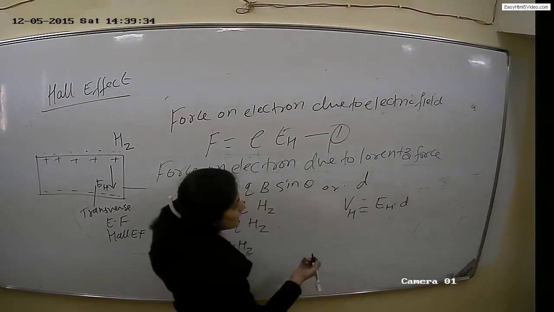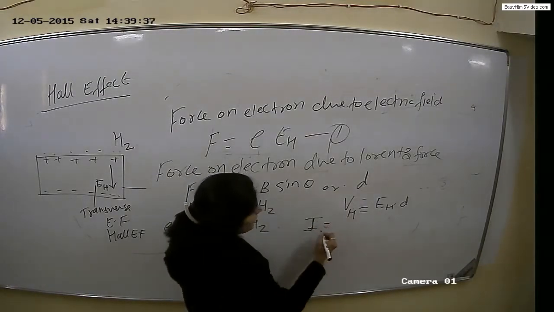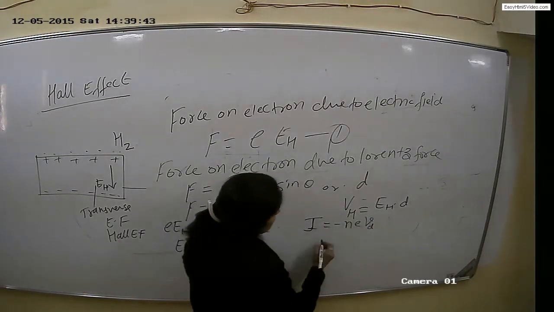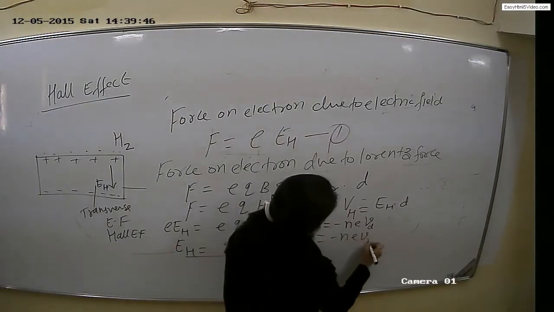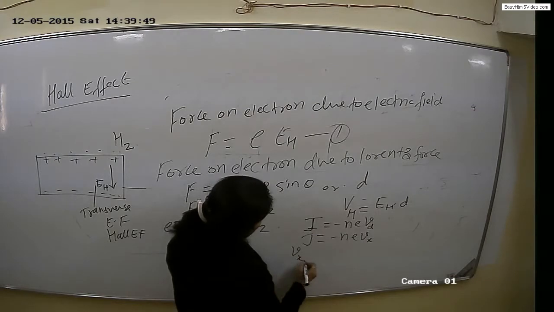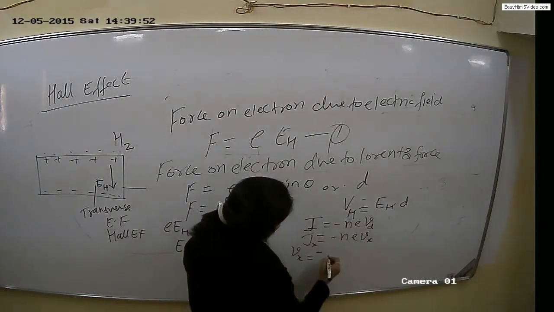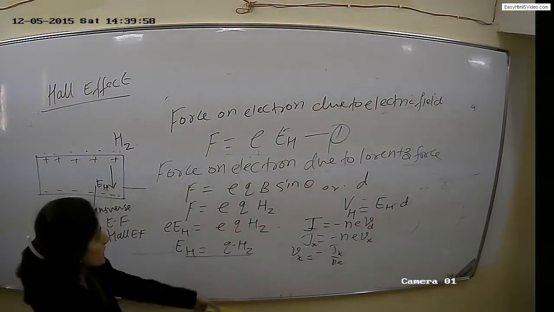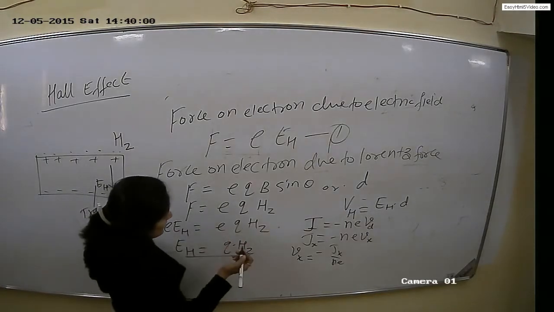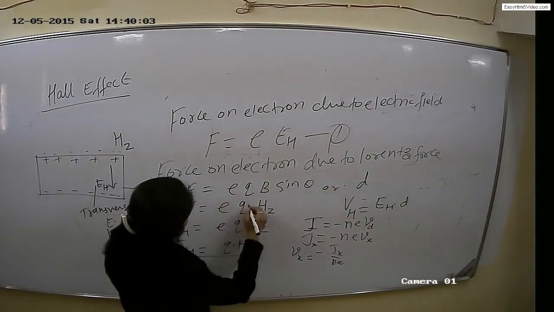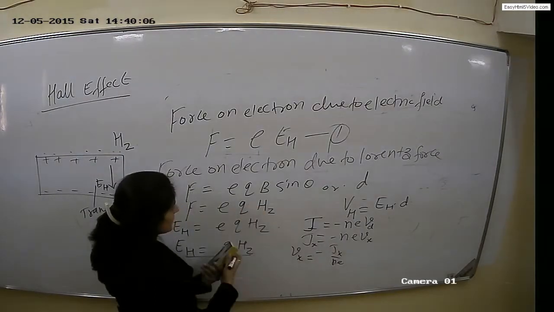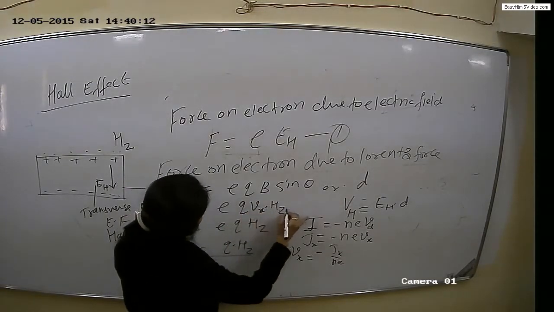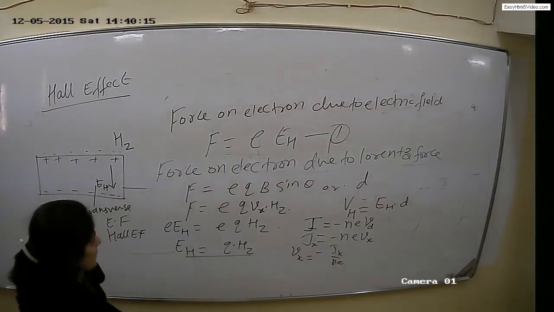Now current density is given by J is equal to minus n e Vd. Here Vd is drift velocity, so we are taking J is equal to minus n e Vx. From here the value of Vx is equal to minus Jx upon ne. So here one more relation comes, let me write here one more relation. It is the magnetic force, e Vx into Hz. So here we get